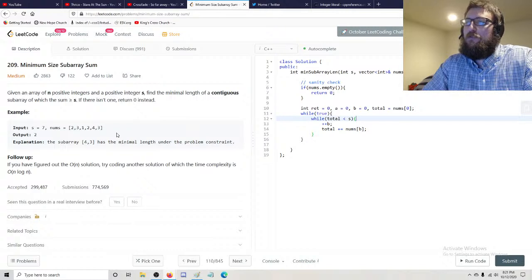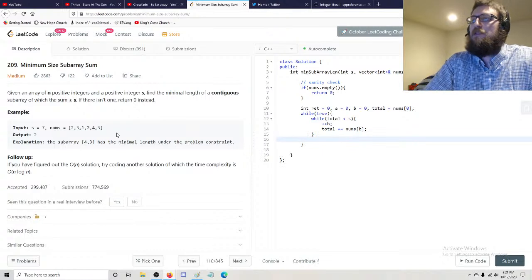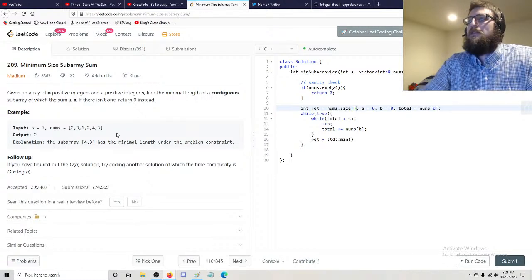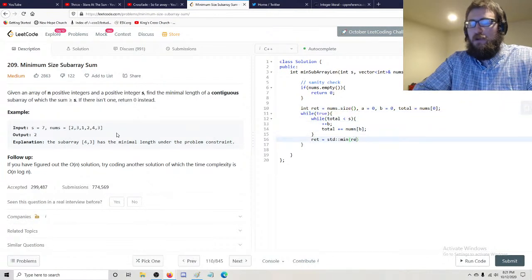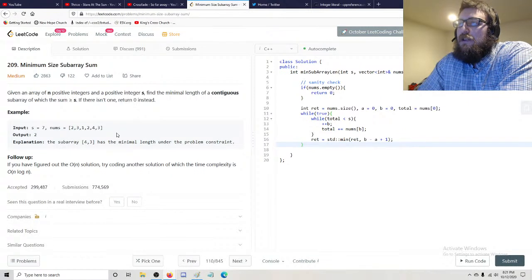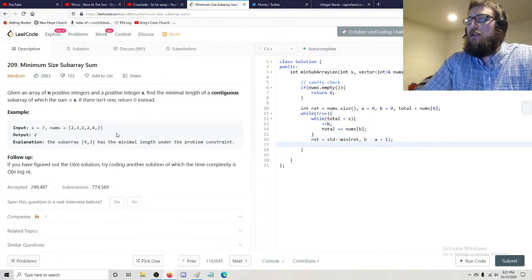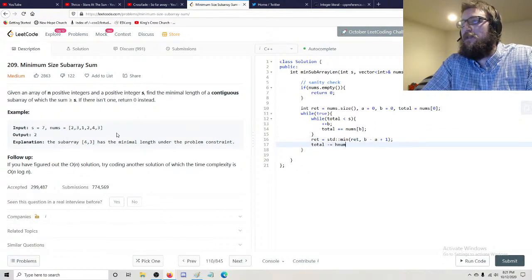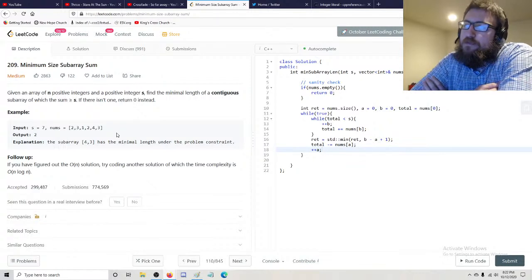And then at some point you'll be over, and then what you're going to do is ret equals the lesser of the two, minimal length, right? Okay. So start at nums.size. Of ret and B minus A plus 1. And then you're going to increment A and total minus equals nums of A, and increment A. So increment B, increment the total,